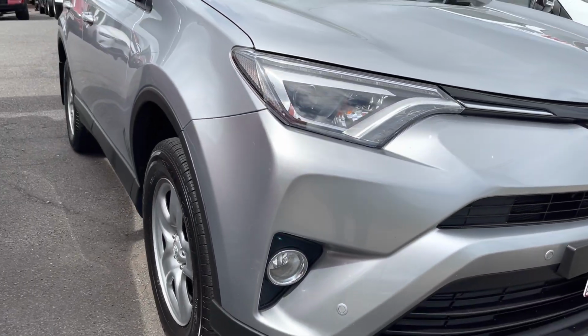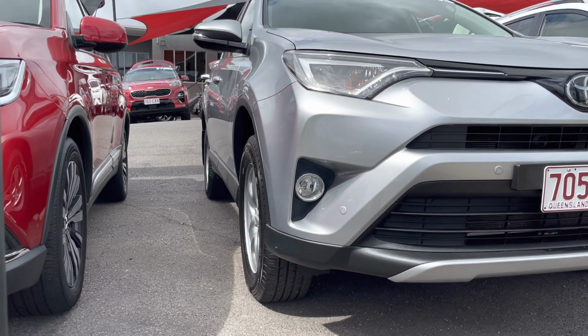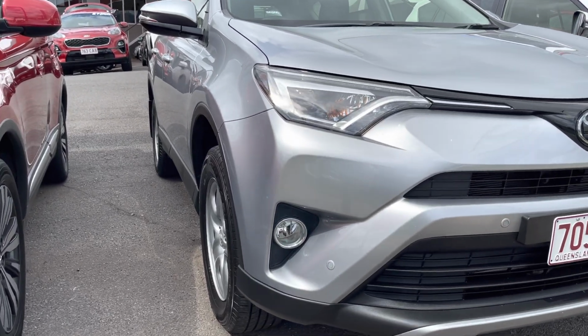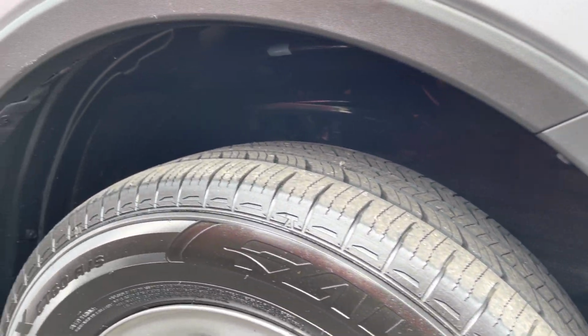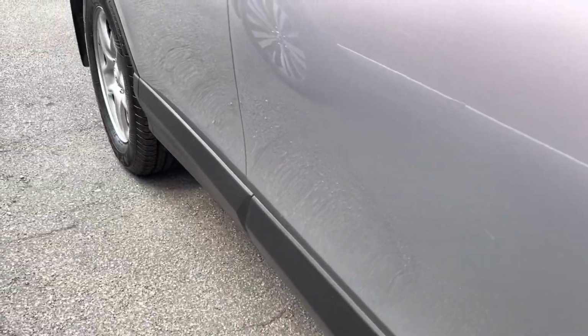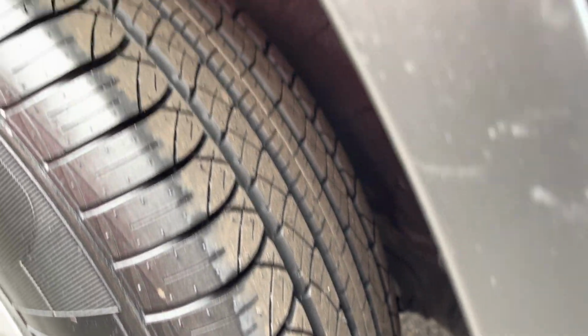We've got so many cars in here at the moment, Daniel. They're so close to each other. Fantastic, that looks nice on an angle there. Okay, just looking around that wheel arch on the driver's side. Just showing you how much tread's on those tyres. Got plenty of tread. Down around the rear of the